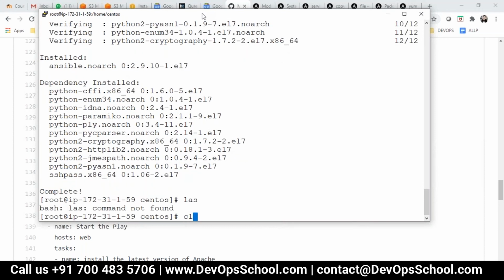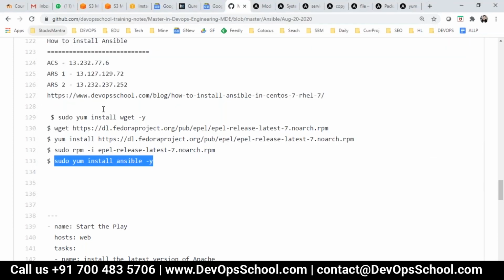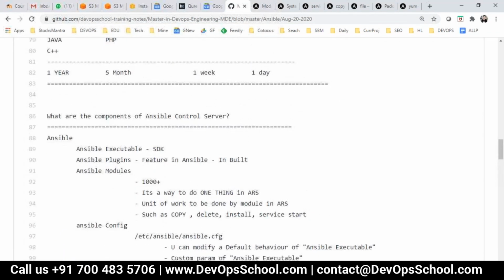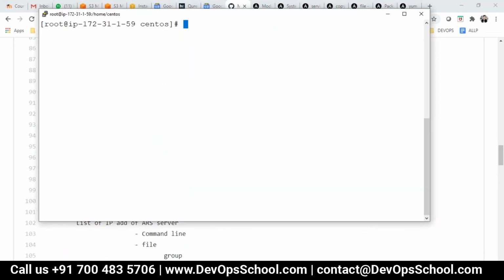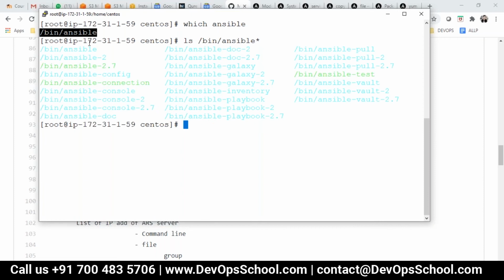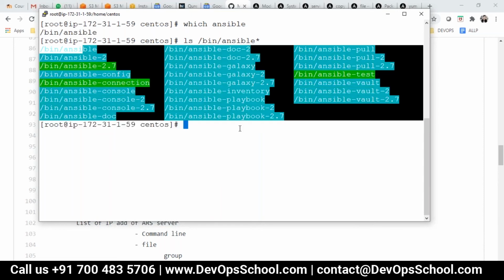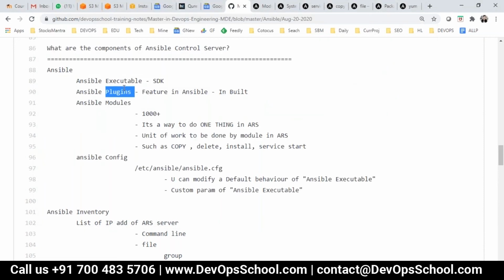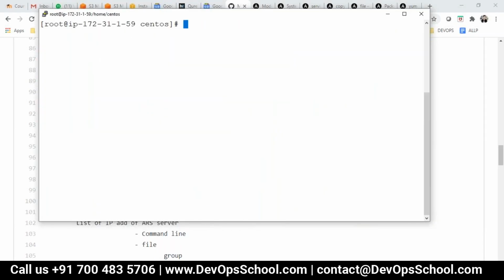Okay, so now I have installed Ansible. Now let's validate. Guys, I said when you install Ansible, you get executables, right? So look at this, which ansible. And if you do ls /usr/bin/ansible*, you see multiple executables here. These are all Ansible executables. Where do you get the plugins? Plugins will enhance the features of Ansible. You don't need to know this actually, but just for information, if you do ansible --version,